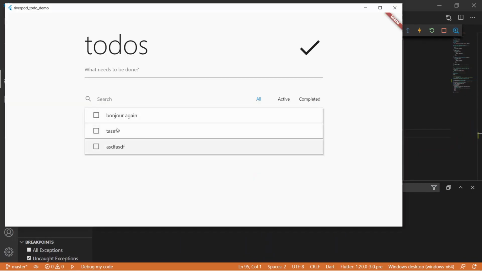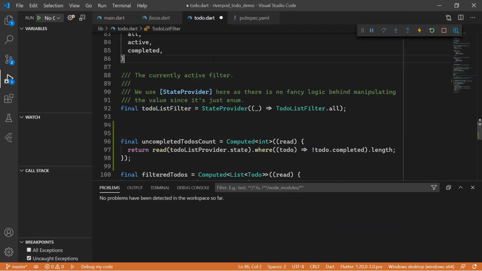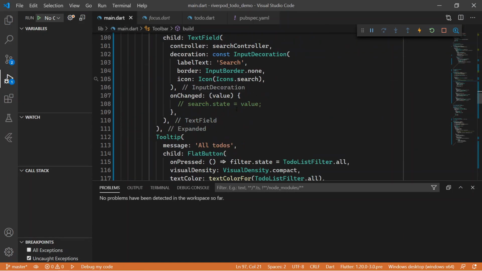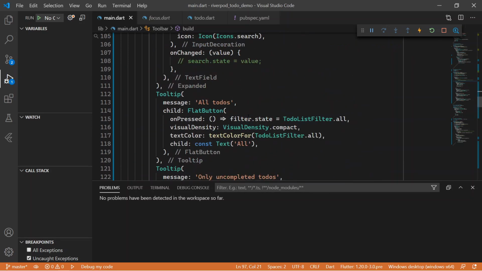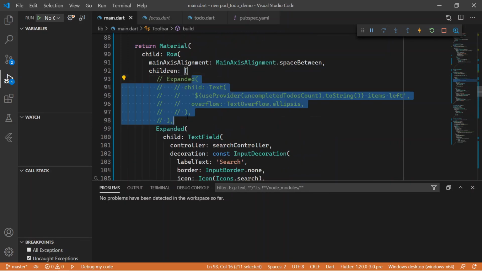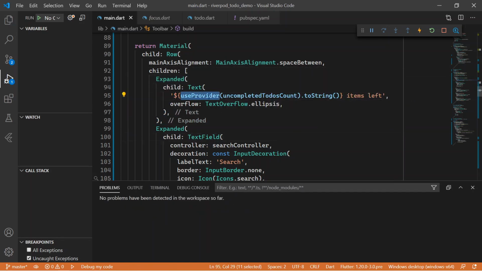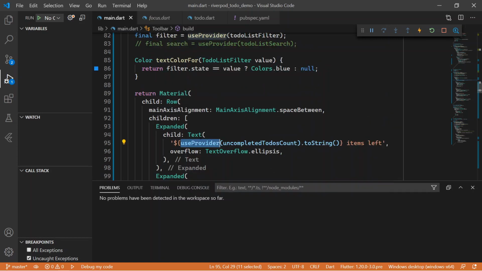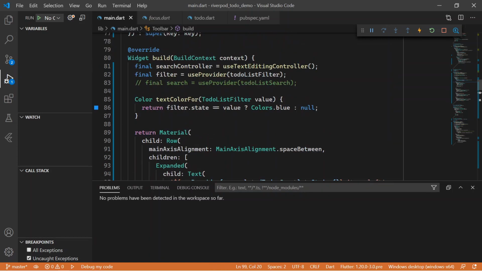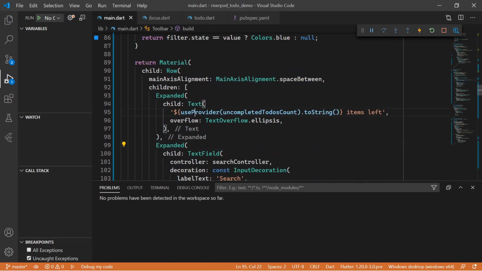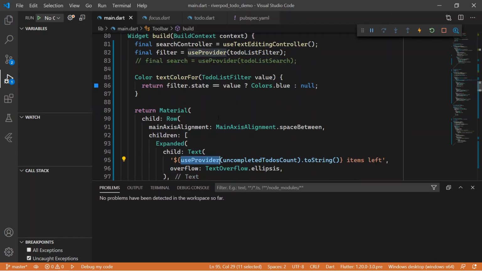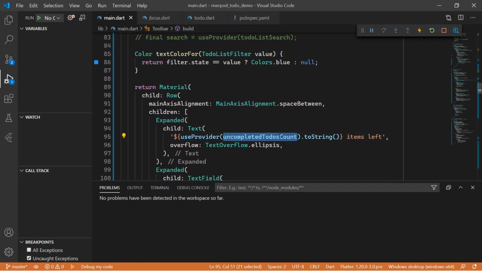So yeah, to explain that, let's actually first get the UI going, and then I'll explain it a bit more. So here we want to re-add this, and what we're doing is we are using a provider, and again this is a hook. So as you can see, we don't need to use the hook over here, we can use it over here. So calling use provider uncompleted to-dos count, and this is an integer, and then toString items left,